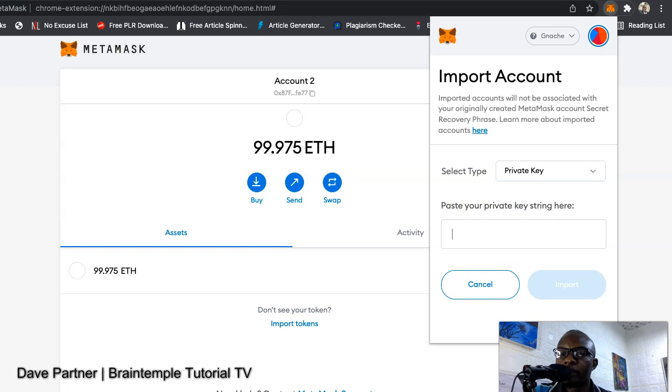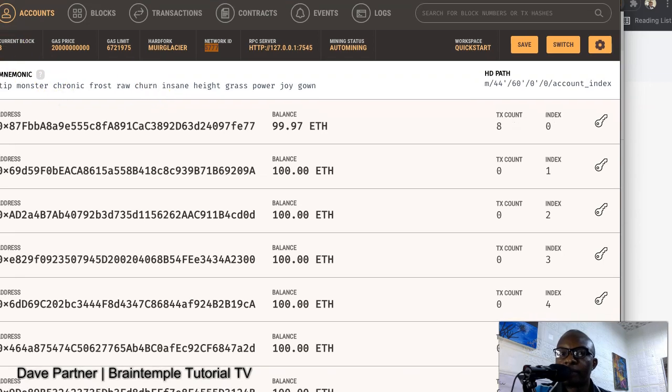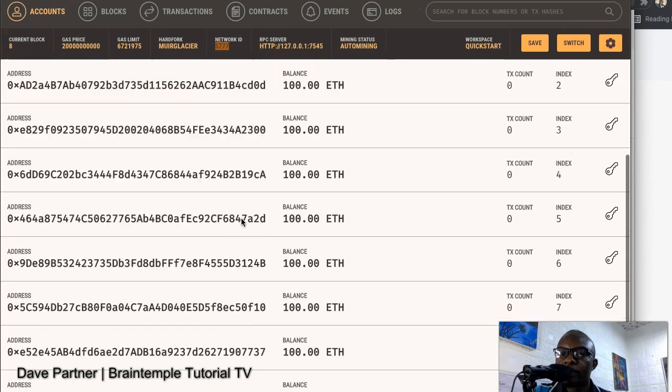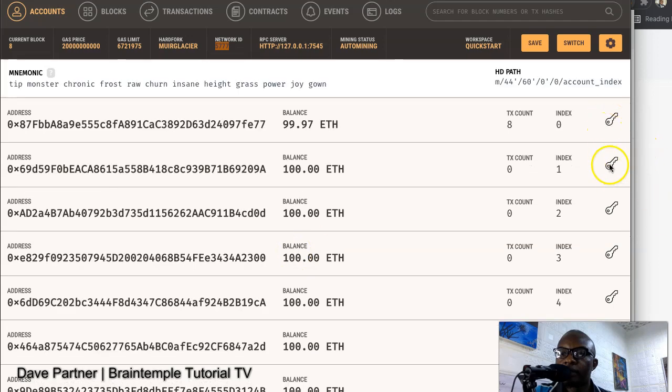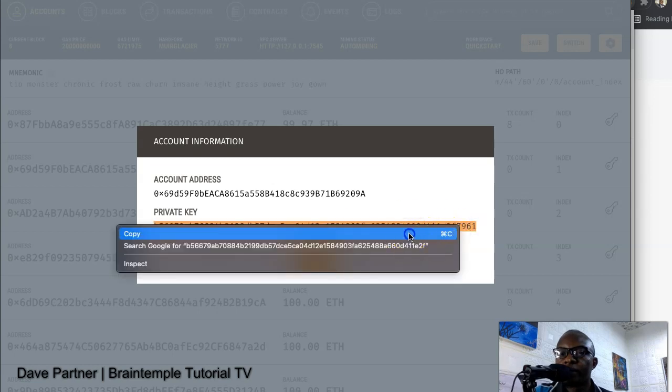To do that, we'll just go to Ganache. Remember that when we started, Ganache gave us 10 Ethereum accounts with 100 Ether each. Now if you look at each account, you see that there is a key. If you click on that key, it gives you the private key. So you just copy the private key,